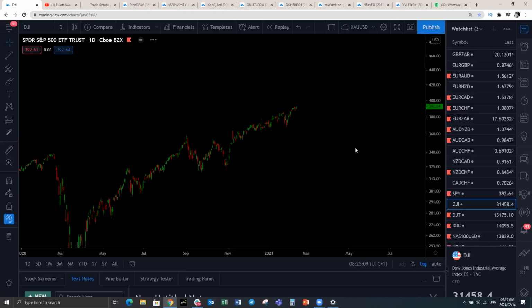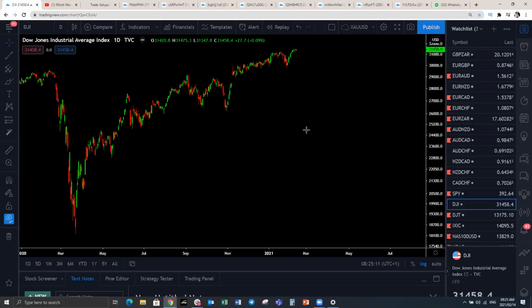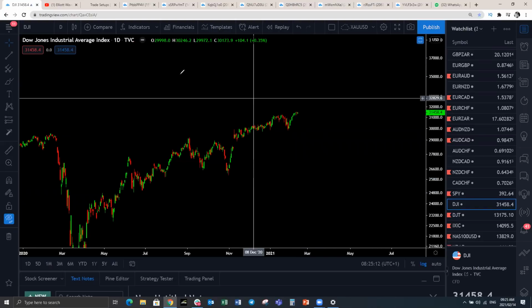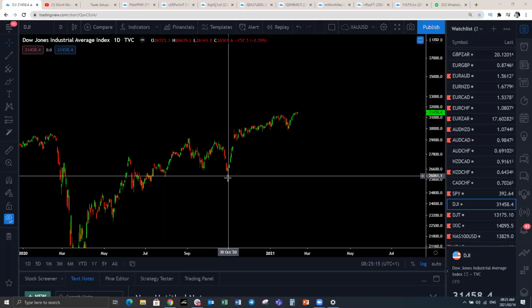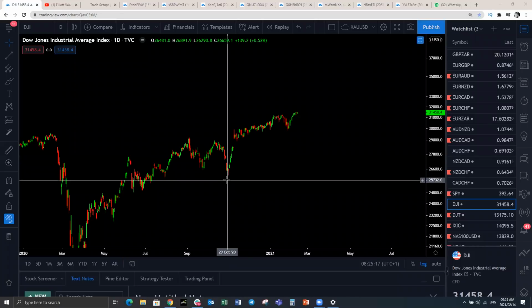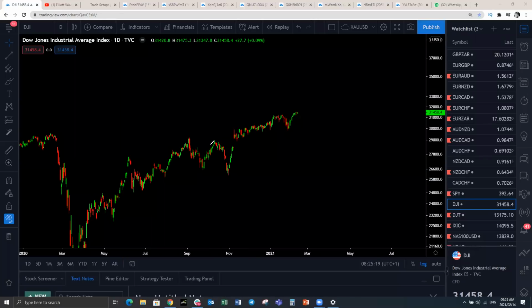Look at the Dow. Same structure, exactly the same structure. So if you go to a video around these dates, around 29th of October, even when we were here, we expected this downside and then upside. Okay, when we were here, I expected this to just go in a straight line because I was only expecting a single correction here, but it made a flat. When it made a flat and we got here, we said, okay, this is now going to give us a move to the upside. That is on the Dow.